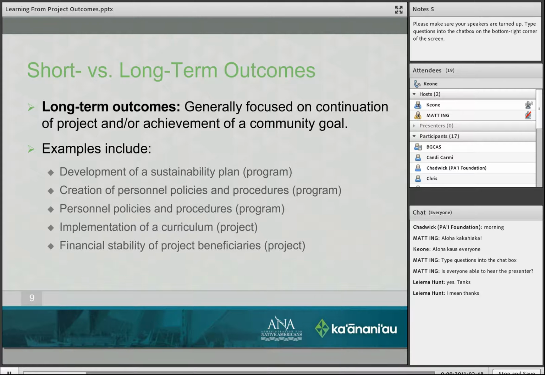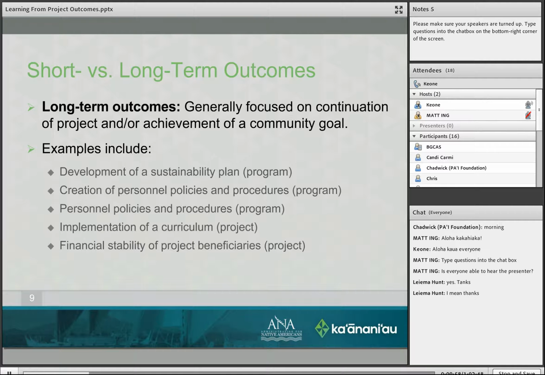Long term outcomes are generally focused on continuation of a project and or achievement of a community goal. Okay, the reason why it's and or is because sometimes the projects will end, and sometimes the projects themselves are short-term outcomes. So that's why it's either or.